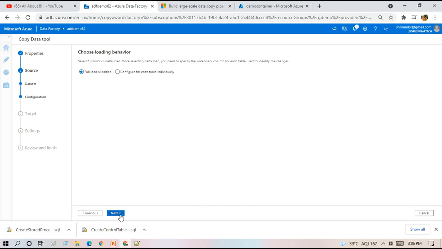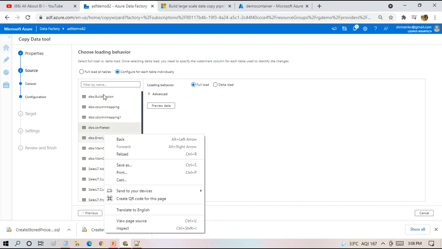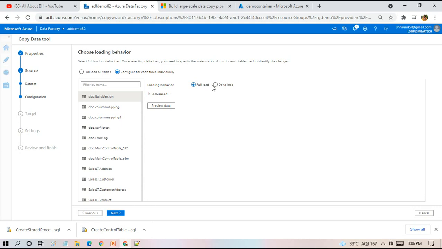Here you have the loading behavior, whether you want to dump all the data from the source to files, or you want to take selective data, an incremental load. Full load all tables, or configure for each table individually. You can click on each table and decide on the loading behavior, whether you want to do a full load for this table or delta load. In case of delta load, for each table you have to choose a column based on which we do the incremental load, because for each table the column name might be different, so they are providing this option.